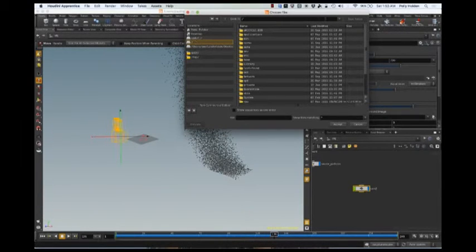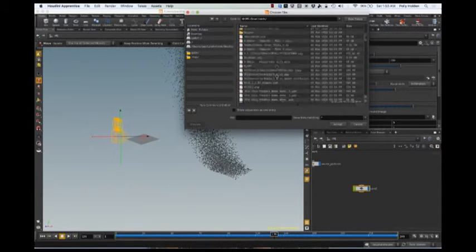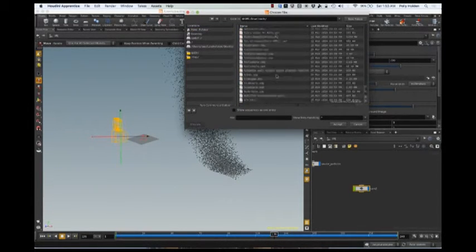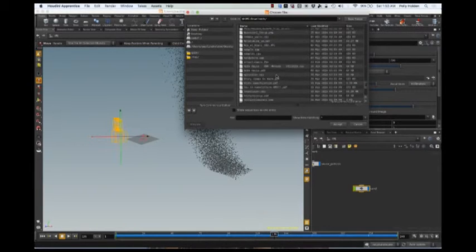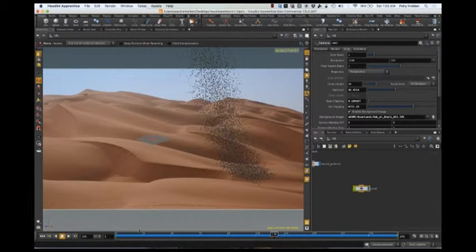Houdini really needs to fix the way they find things. So now if you look through the camera, we're in the desert all of a sudden. Obviously, we don't want to